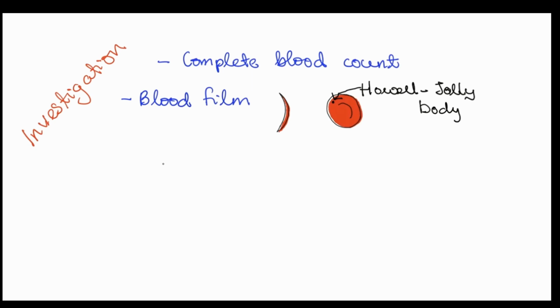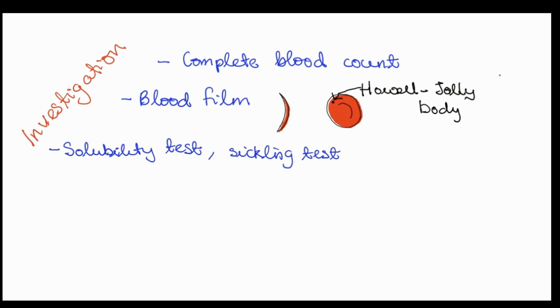Now, tests that can determine the presence of the sickle hemoglobin, that's hemoglobin S, include the solubility test and the sickling test. The sickling test is done by subjecting a blood sample to deoxygenated conditions. So a blood sample is placed on a slide, the edges are sealed, and then it's covered with a cover slip, and this creates a deoxygenated environment, and this causes the cells to sickle,